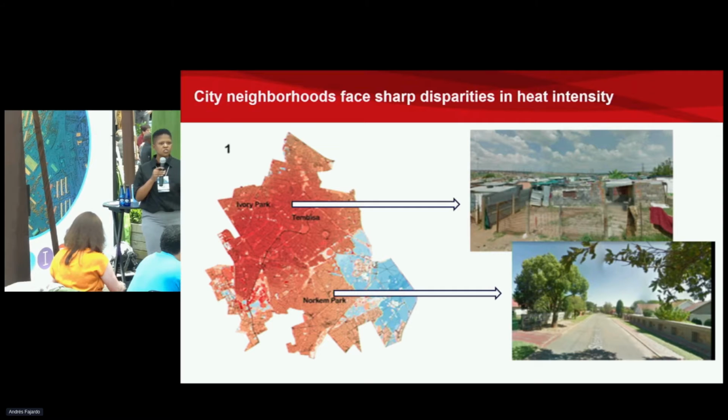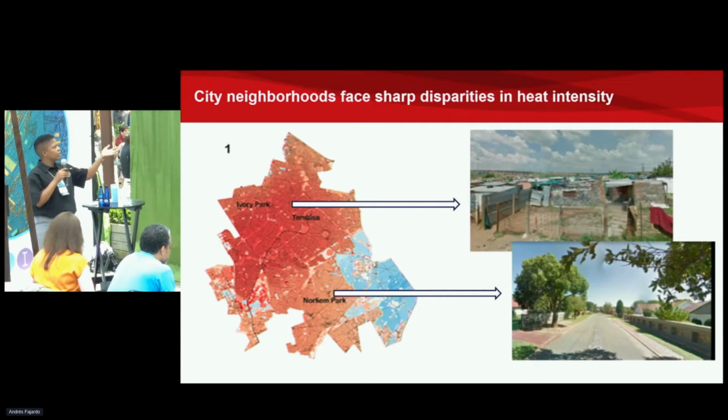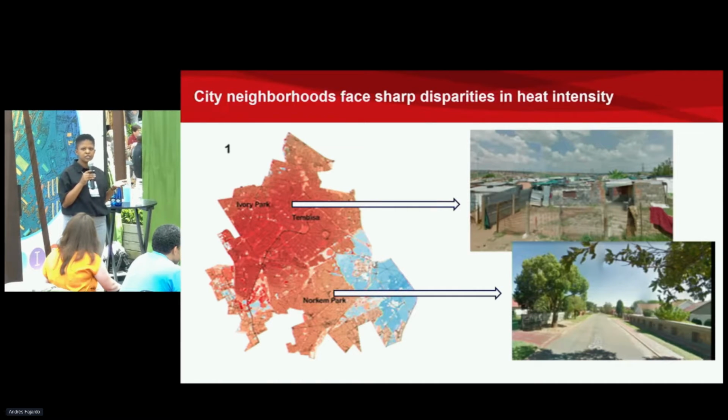And this is just because of the non-existent urban green infrastructure. So already what this begins to give us as city officials is where we need to be addressing our efforts. So a lot of this work for us for the city is our question has been, so what does it mean for our department?